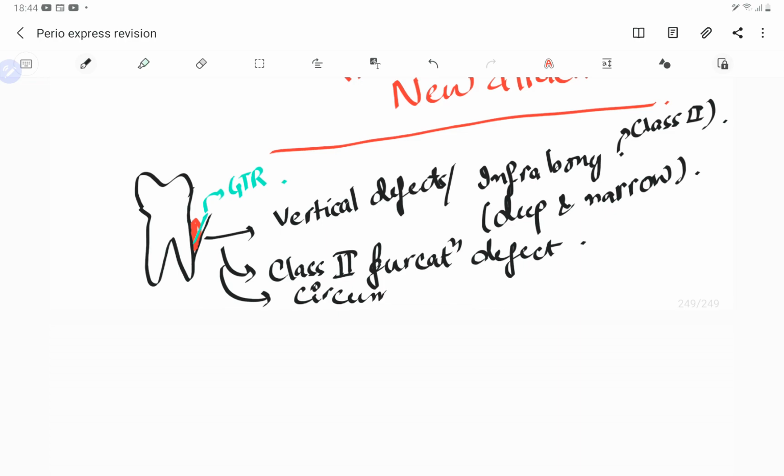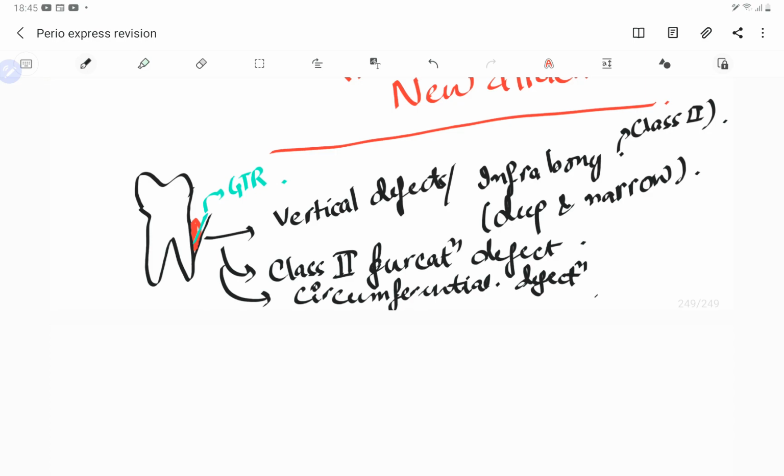Other than that, circumferential defects. We can also use it for ridge augmentation, for coverage of any recession, root recession, or any repair of apectomy defects. If we want to put any bone, say osseous filling around an immediate implant, if you have placed an immediate implant and you want to put bone graft, or if you want to repair any osseous defect, if the implant is failing and you want to put any bone graft, we can place the GTR there too. So basically all these are the indications for a GTR, wherein you want to put the membrane, and wherein you don't want to put the membrane.